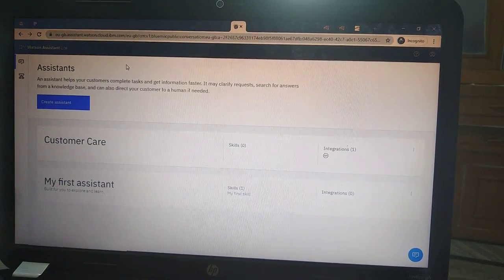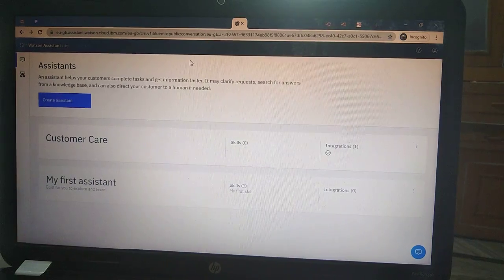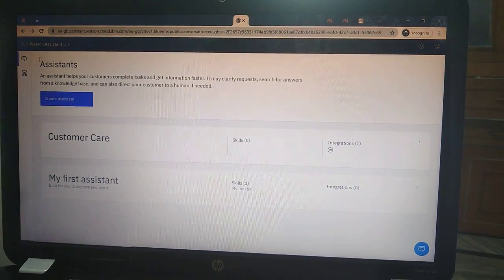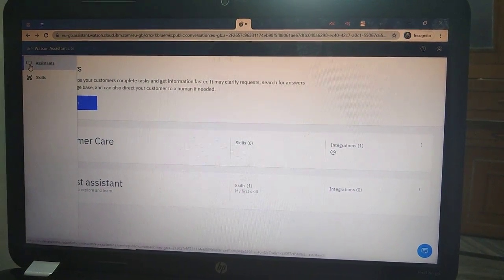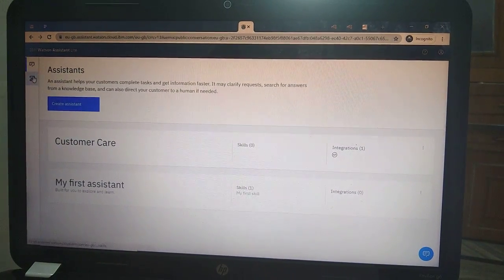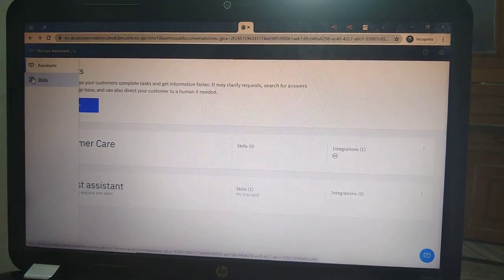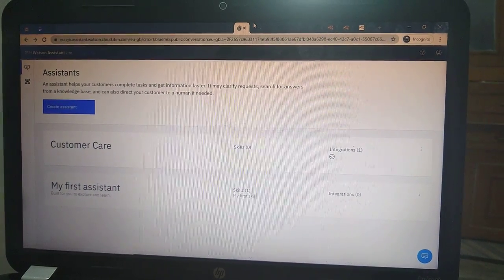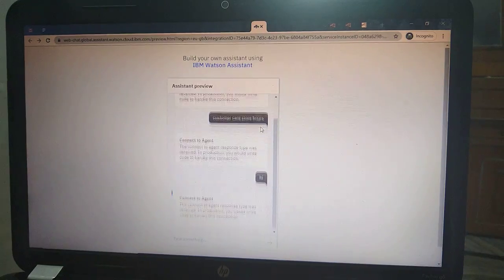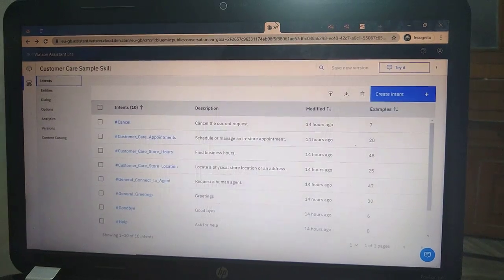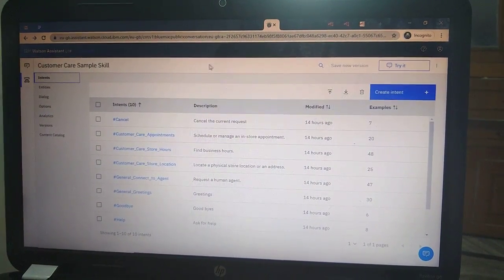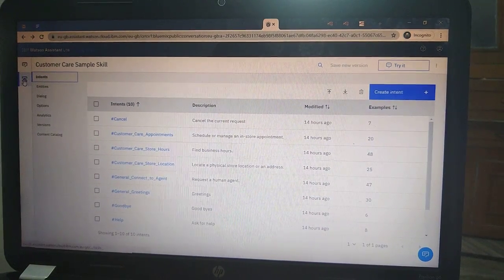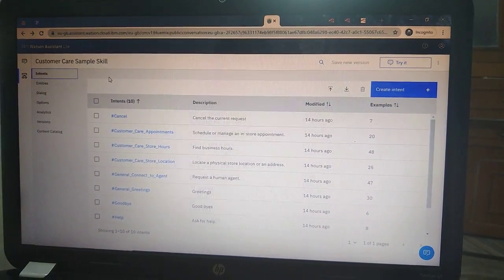Next we take Watson Assistant, and we first download it from the catalog, and then after opening it we are directed to this page, and here we can add a skill if we want to, and we can also integrate our Watson Assistant by clicking here, which will take us to this page. It shows us a demo account, and when we go on to the skill, we need to create an intent.